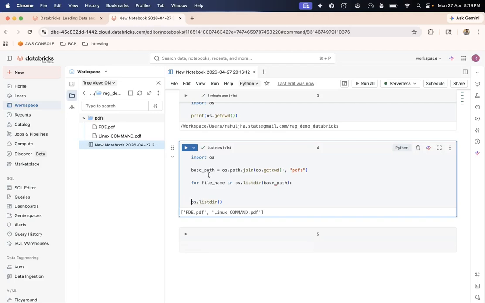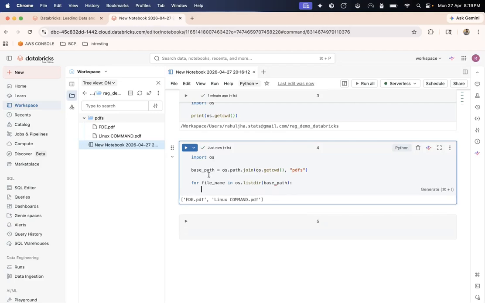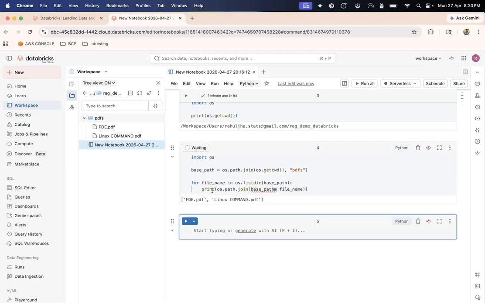Now I will get file name from here. I want to merge base path and file name so that I can get the full absolute path. So I can do os.path.join, base path and file name.